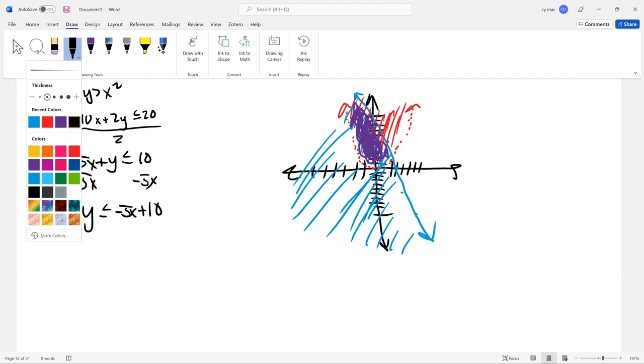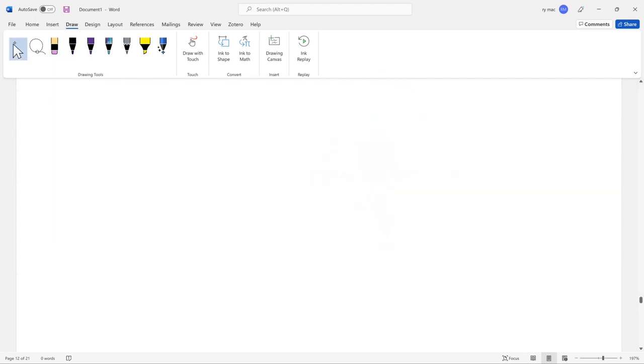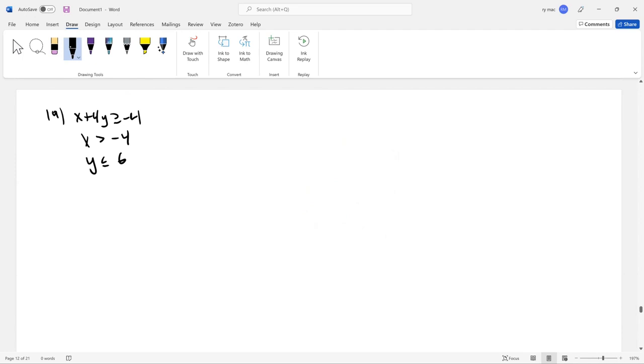All right. Down to number 19. This one gives us 3 different ones. So we have x plus 4y is greater than or equal to -4, x is greater than -4, and y is less than or equal to 6. So just moving around this top one, that should be 4y greater than or equal to -4